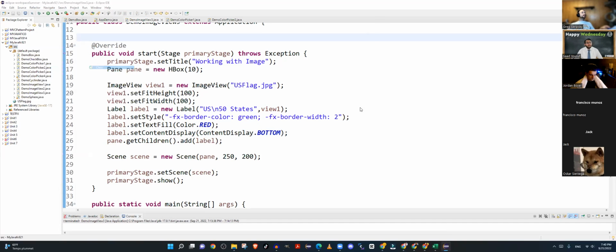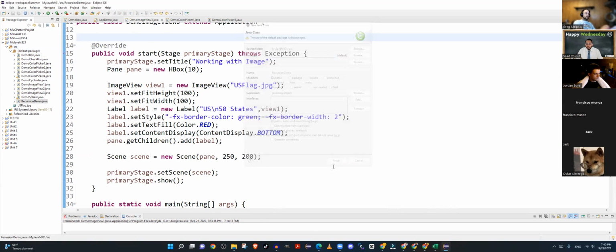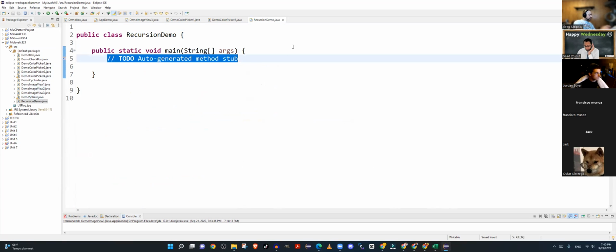Creating a Java class called RecursionDemo with a public static void main. So we don't have to change the superclass? No, no, this is just regular Java stuff, not JavaFX specific. Okay, so